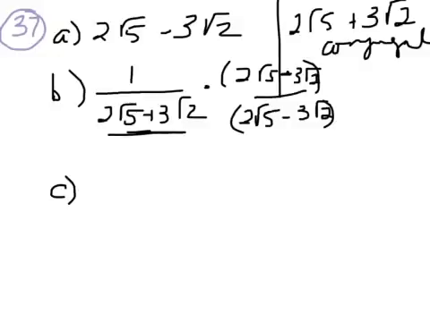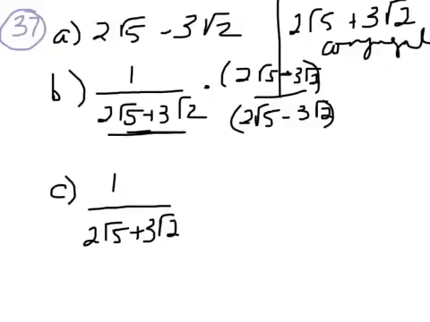Now the C part is asking you what's the conjugate of the reciprocal of 2 square root of 5 minus 3 square roots of 2. So the reciprocal of 2 square root of 5 minus 3 square roots of 2 would be 1 over 2 square root of 5 plus 3 square root of 2. And if you're going to find the conjugate of that, the conjugate of the reciprocal,